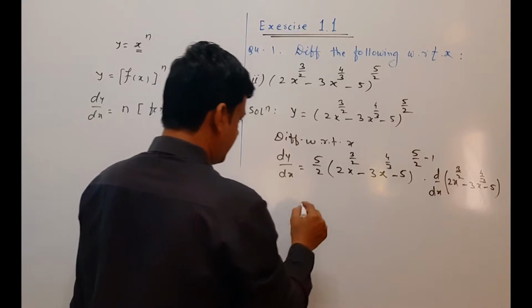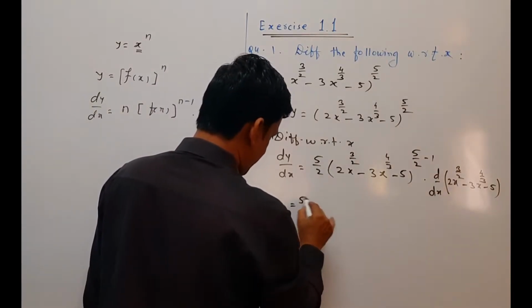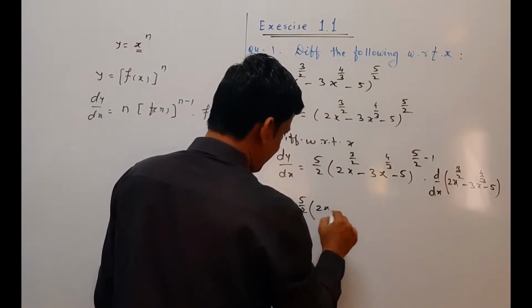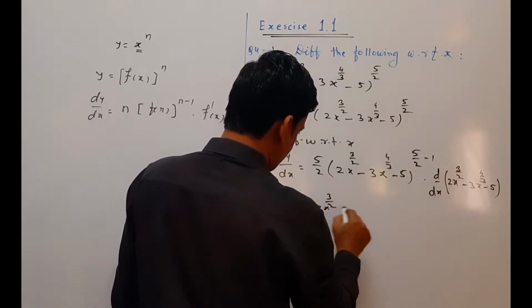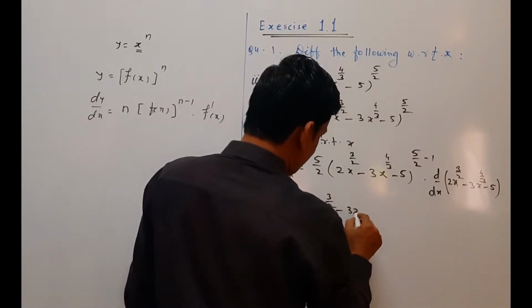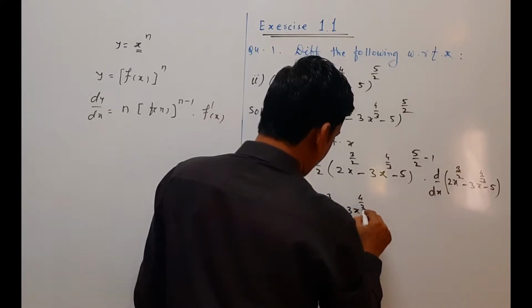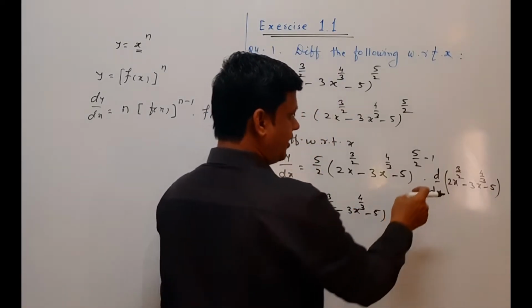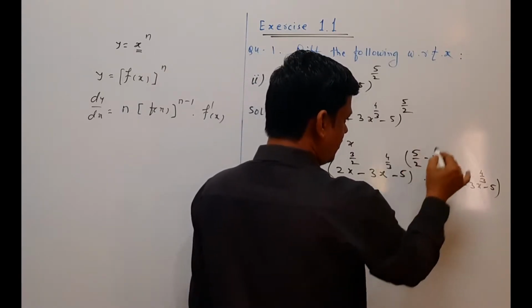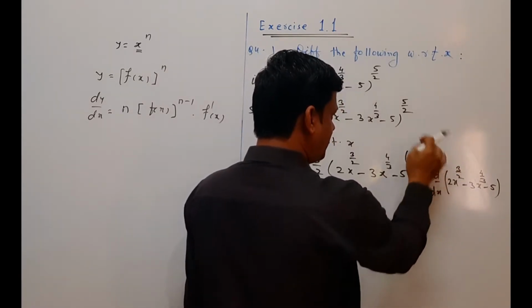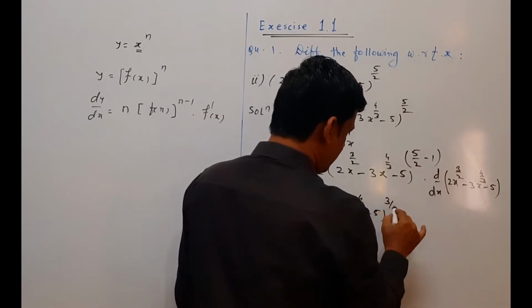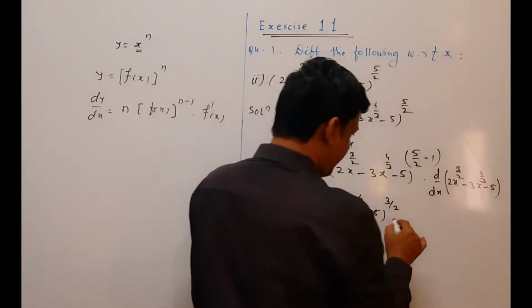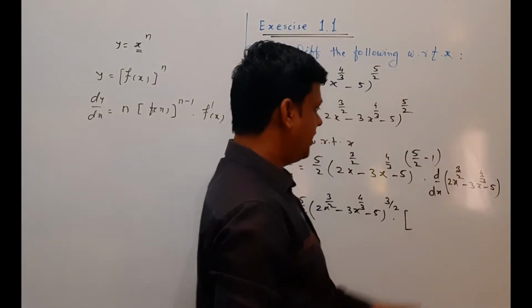So we write here this 5 by 2 as it is, 2x raised to the power 3 by 2 minus 3x raised to the power 4 by 3 minus 5 bracket raised to the power. Here we have to cross multiply this. So 5 minus 2 we get 3. So we write here raised to the power 3 by 2 into, now we have to find the derivative of